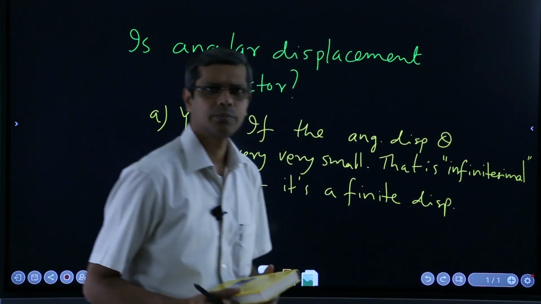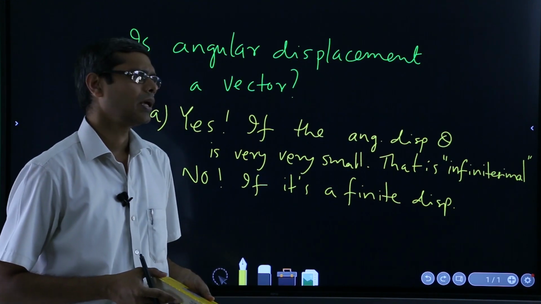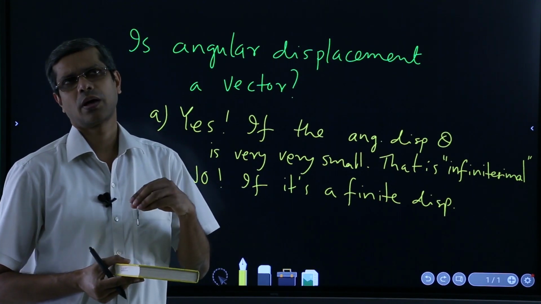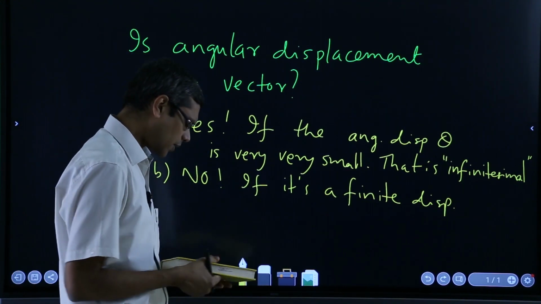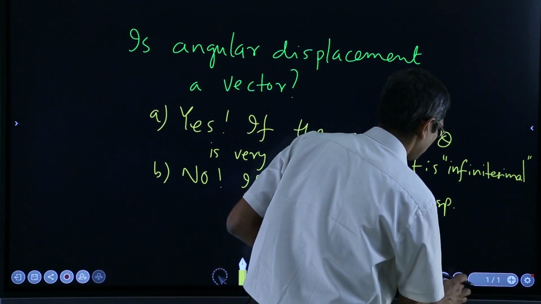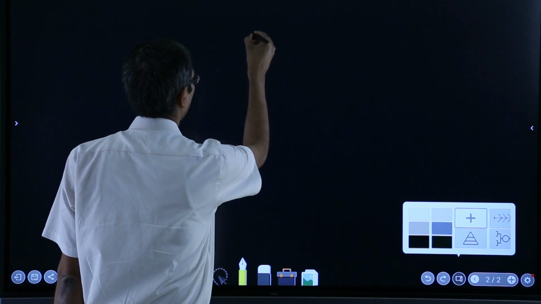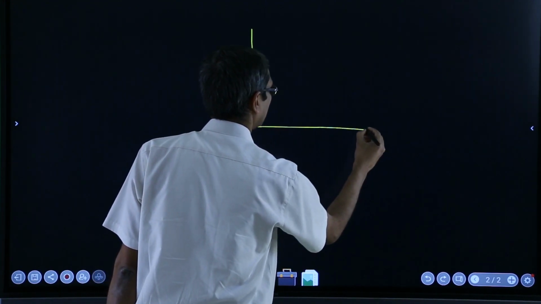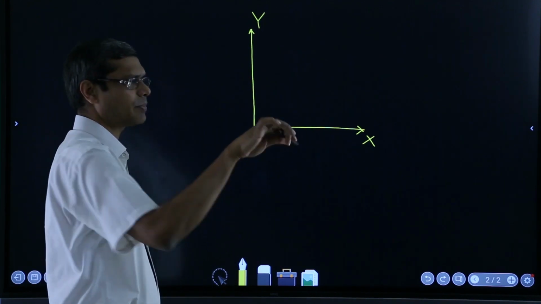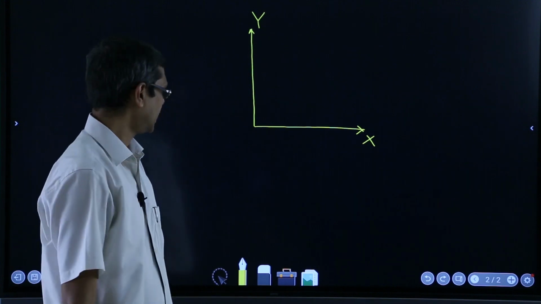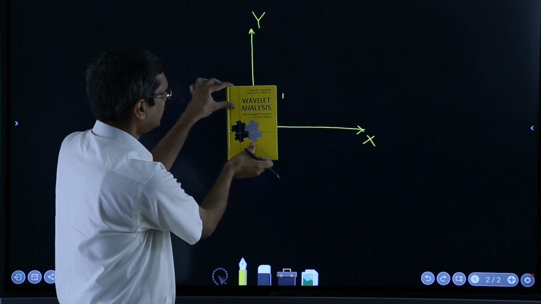Now, for that, I will take this book, and we will try to see that angular displacement, when it is of finite size, does not obey the law of addition of vectors. Okay. So, to show that, let us see if I can go to the next page to have a clear picture, and let us say this is your x direction and this is your y direction, and the z direction is coming out of the blackboard. Okay. Now I will keep the book in the starting position like this, and then